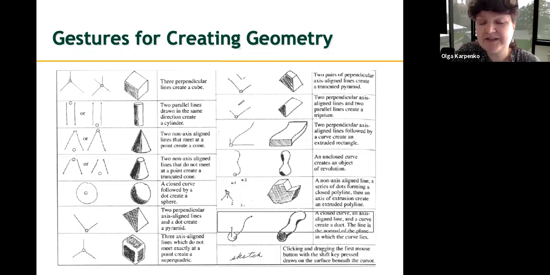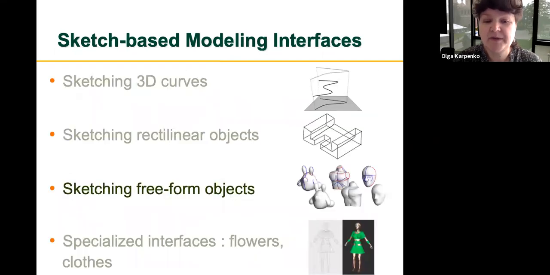After any paper like this, there will usually be multiple other papers that try to improve this work and create maybe additional gestures. So this paper was cited a lot in this particular field. So that's rectilinear shapes. Many more systems exist that try to do it in various ways, but we looked at one of them. So now we're going to focus for the rest of the talk on sketching 3D free-form shapes, free-form